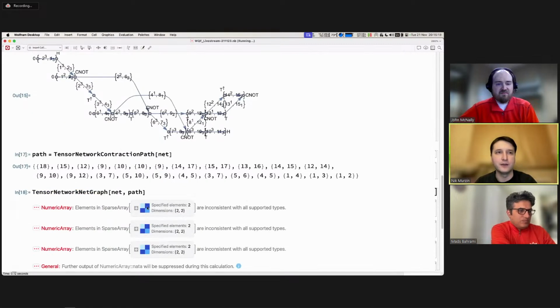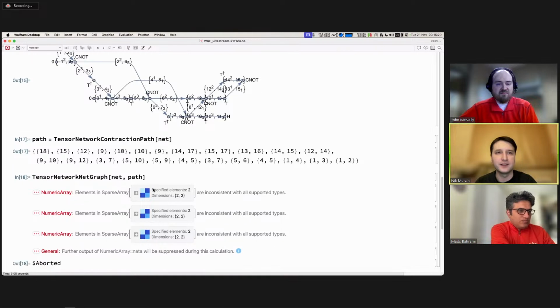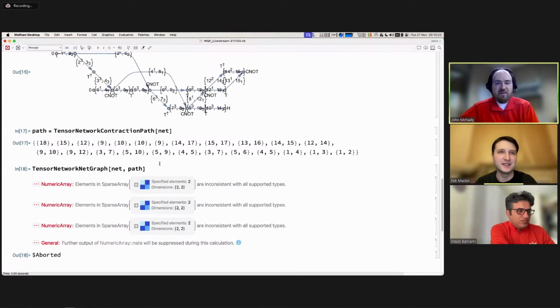I haven't done it in a while. I'm not sure whether it would work. Yeah. So this one is still experimental. But in general, it would just construct an actual